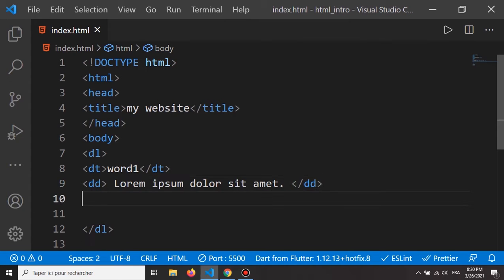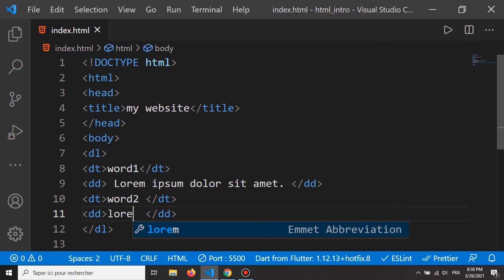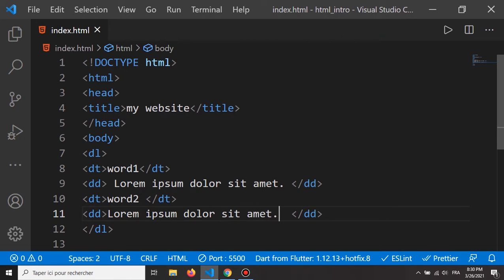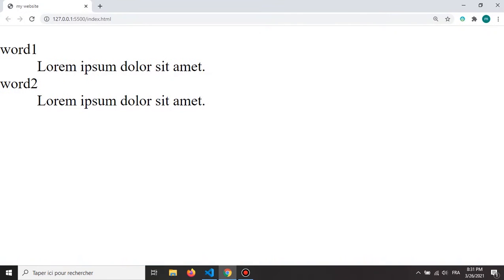Now let's add another word. So DT, word 2, and let's add another random text, so lorem 5. Now let's check the browser, and here we can see that we have a word and its description beneath it,